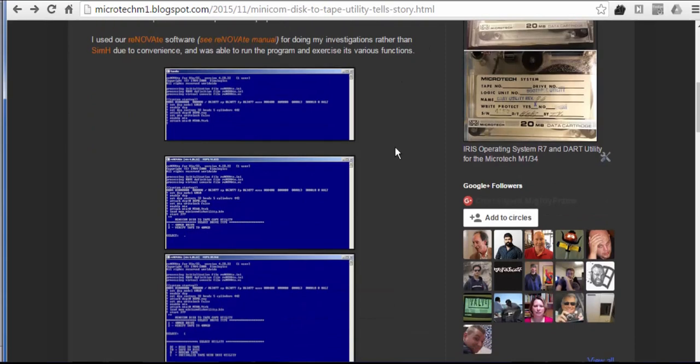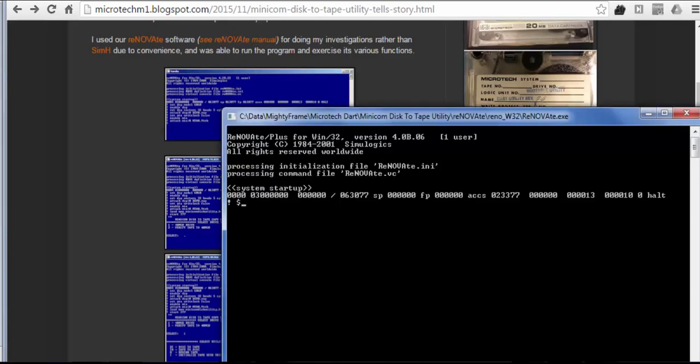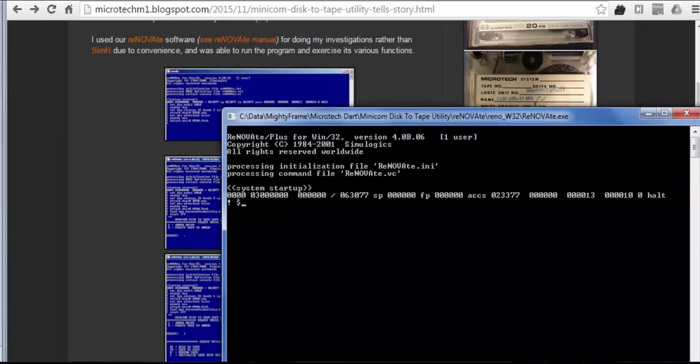What we want to do here is identify the differences between what Bruce has shown us that he's done on ReNOVAte in his screenshots and what we're able to do using a demo version of ReNOVAte that Bruce has very graciously given us a product key for. So let's look at these differences. We want to start with